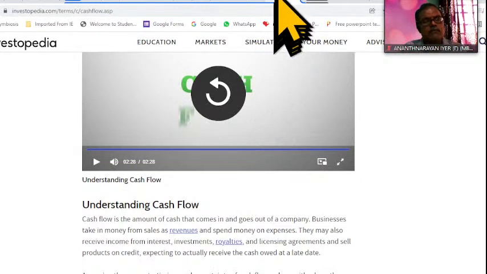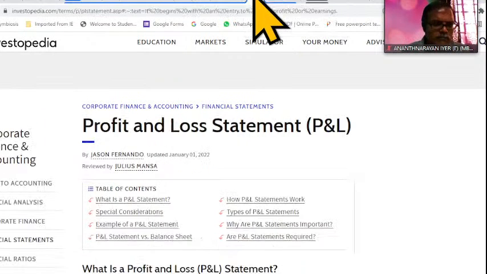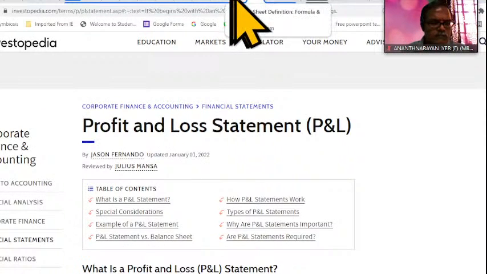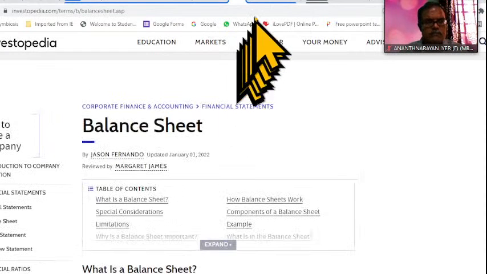What have you followed? In fact, after this I'll be showing you one on income statement and one on profit and loss. These are two which are remaining, one on balance sheet. Okay. So